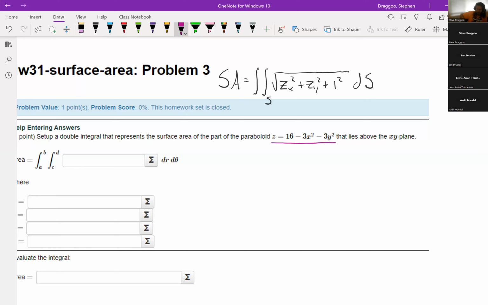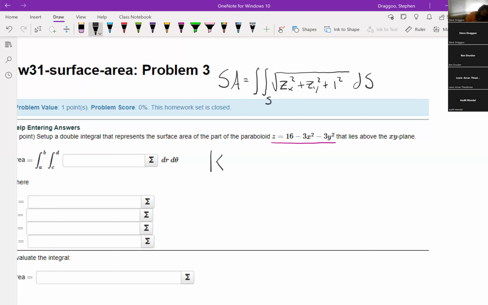Right now, we know that this is the surface that we want the surface area of, right? So we want the surface area of this paraboloid, which means that's the function that we should be using to create the integrand for our surface area integral. So whatever surface I have, that's what z needs to be. So I'm going to plug that thing into the formula, but where that thing comes from, or maybe a slightly more